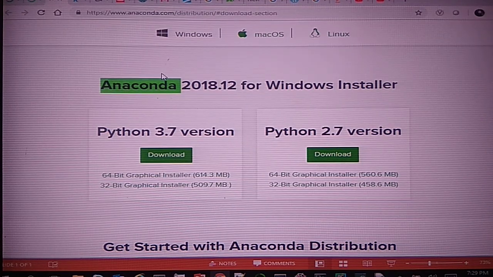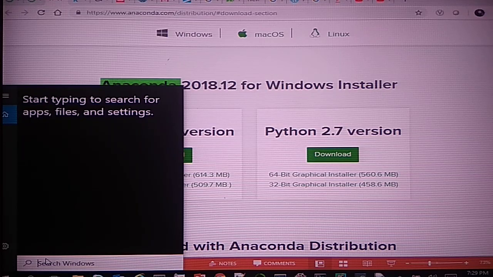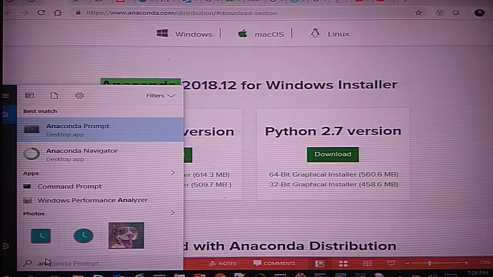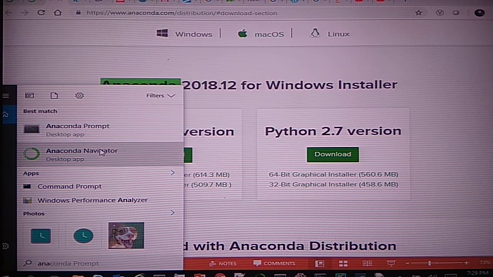Let's see how we can use Anaconda. So again you go to the Windows search and here you need to type Anaconda. With Anaconda, you can see you have the Anaconda prompt and the Anaconda Navigator. So first we'll click on the Anaconda Navigator.